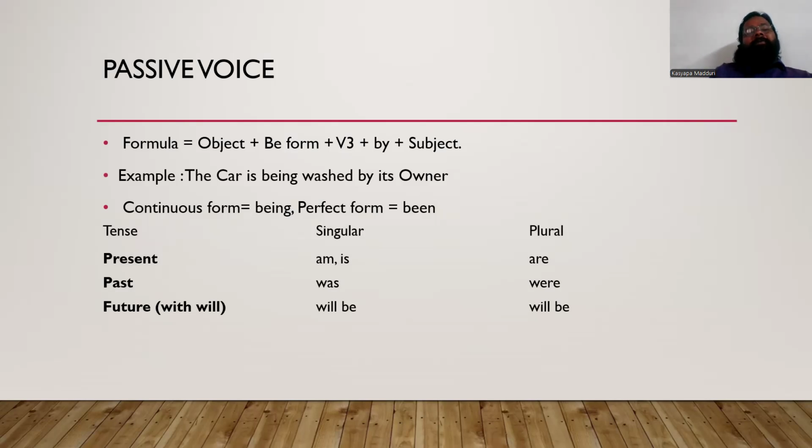Okay. Now, what are B forms? B forms are basically verbs. Am, is, are, was, were, will be. All these are B forms. Being, been. You must have learned this in school, right? V1, V2, V3, V4. V4 is ing form, right? V1 is present tense. V2 is past tense. V3 is past participle, right? You must have learned all these things. So these B forms are also going to be in our passive sentences. All right, you need to remember these B forms.